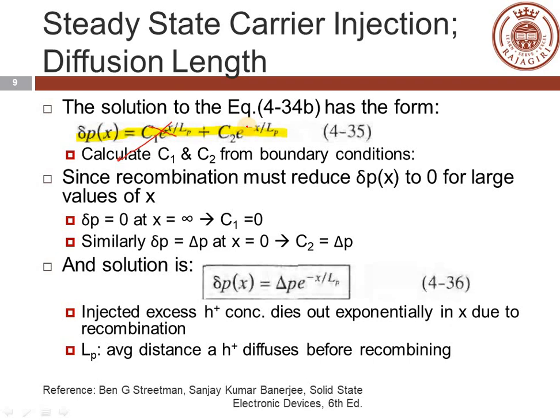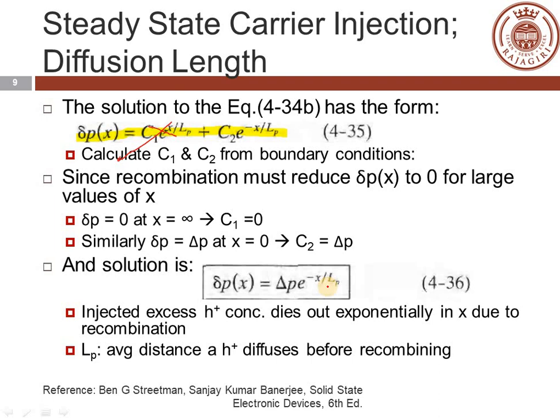So the meaning is that injected excess hole concentration dies out exponentially in x due to recombination. That means if x is equal to 0, we will get small delta P of 0 equal to capital delta P, because it will be e to the power 0. Now, as x increases, we will be having a negative exponential. So as the negative exponential grows, our excess carrier concentration will decay exponentially, and